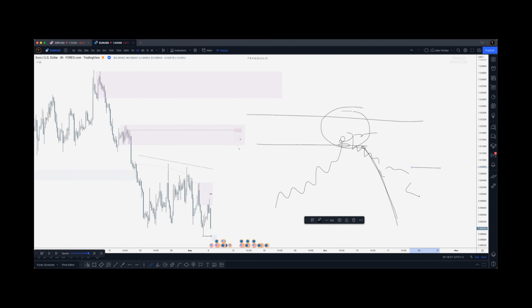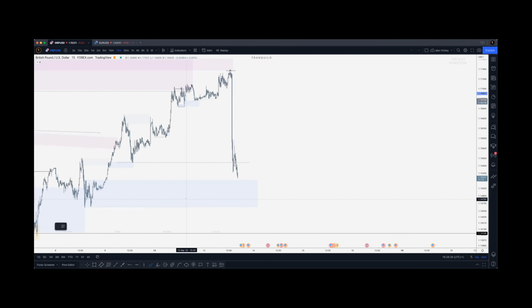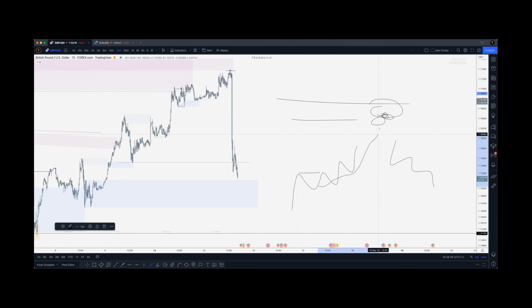Just so, like I say, if we've got H4 zones, I'm happy to play 15-minute order flow leading up into the zone and away from the zone. So if this is the H4 zone, I'm not only trading this, I'm also willing to trade the order flow leading up into it and order flow leading away from it. So basically M15 trade ideas using the 4 hour as the higher time frame narrative, and the M15 trade ideas always